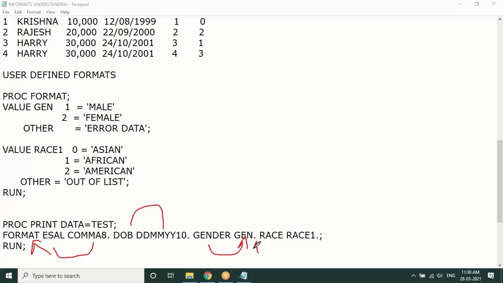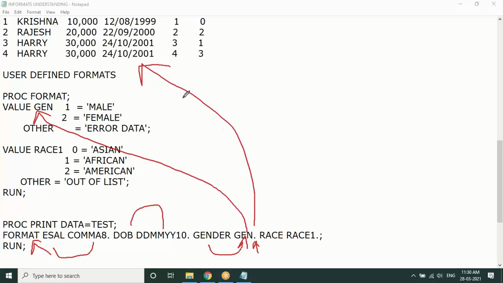The period or the dot is mandatory because it will understand this is a format. If you don't give a dot, it will understand it's a new variable and look into your data, which is not there. Similarly, race as race1, which you have defined. So that is the concept called user defined format. A user is defining its own format.